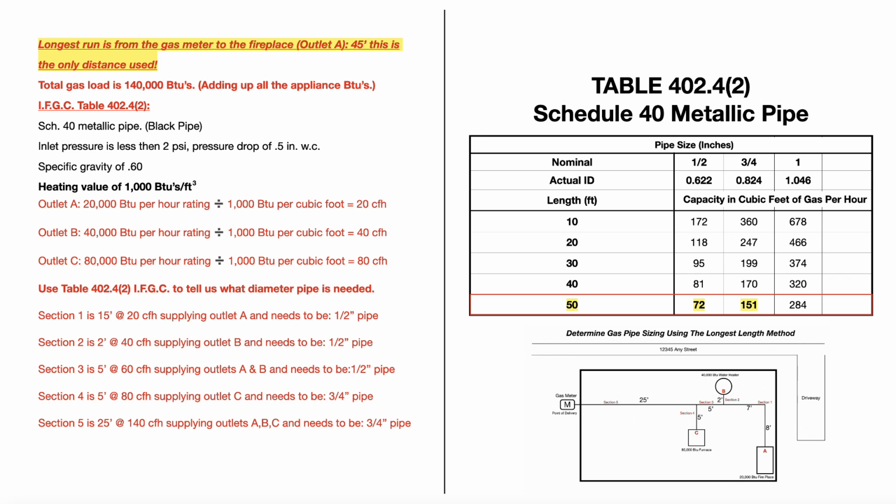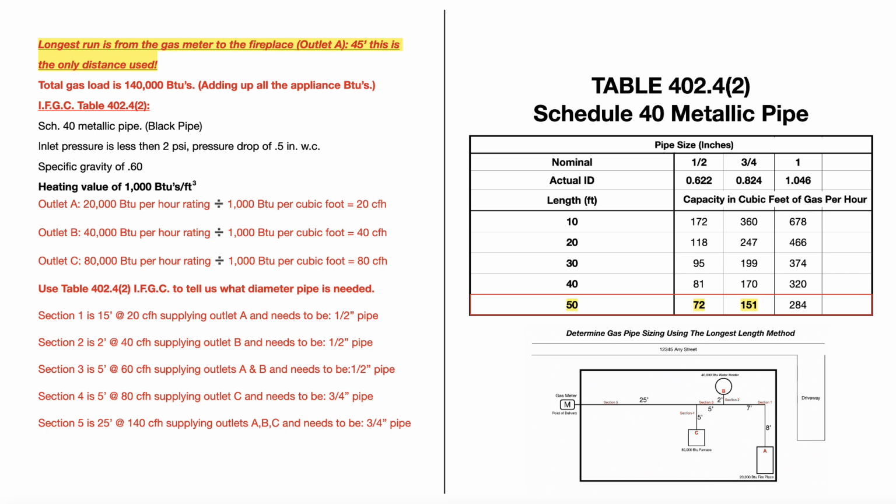Now it's a good best practice, the pipe from the meter to that first branch, to oversize it. So instead of doing 3/4 inch pipe, a lot of times you'll see it'll be plumbed in with a 1-inch diameter pipe, just FYI. Also, it's important to remember when you're calculating or measuring the longest run of pipe, you